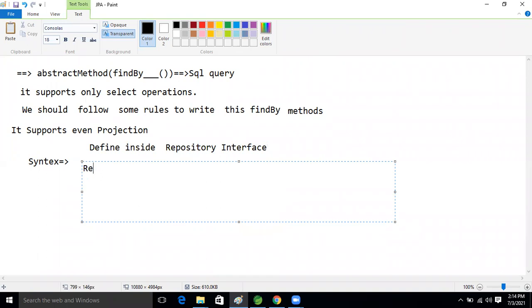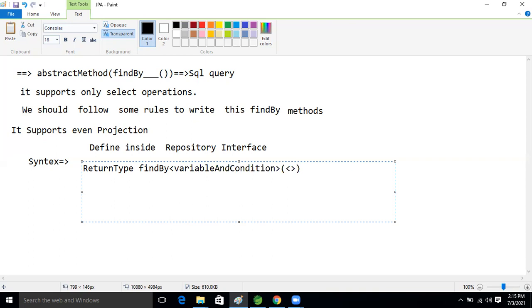So what is the syntax now, guys? Return type, then find by, then the variable and condition we will write. After that, we will pass the input argument type.